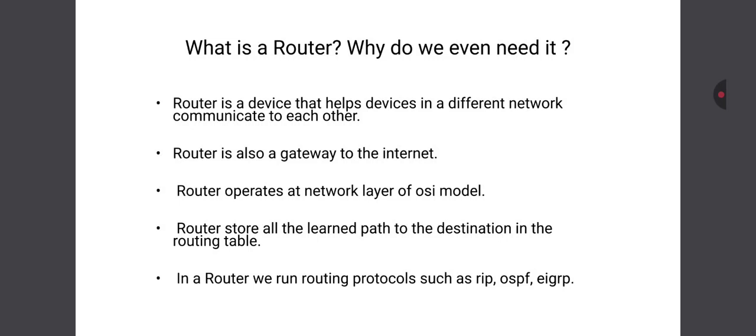A router also acts as a gateway to the internet, and as a gateway to external networks, wide area network, and also local area network. It keeps us connected. There are different types of routers we use on a local area network level and also WAN level, wide area network. Routers operate at the network layer of the OSI model. It works on the IP addresses, and based on the IP addresses, it forwards the data packet to the destination,